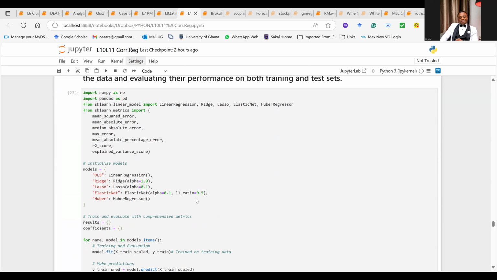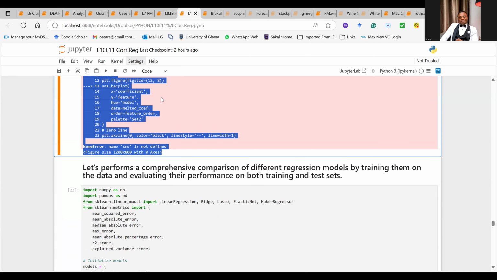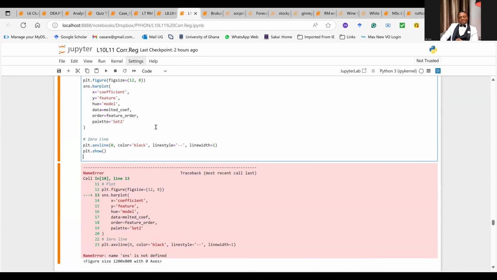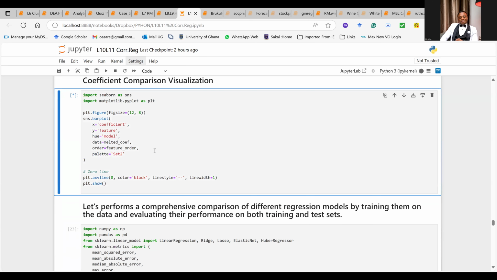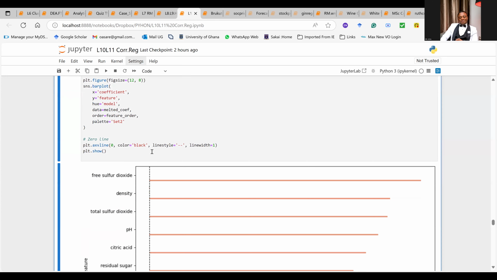But that's not what I'm doing. I want us to see whether that is important. I don't know what that code I've written is, to be honest. I'm trying to understand what that code is. Let's see. I think it's one of the visualizations. There you go.